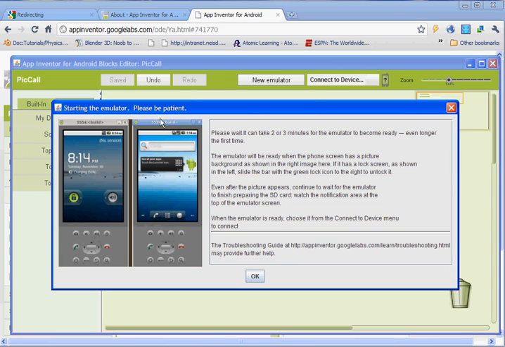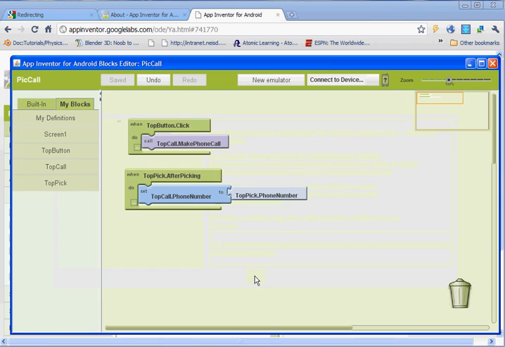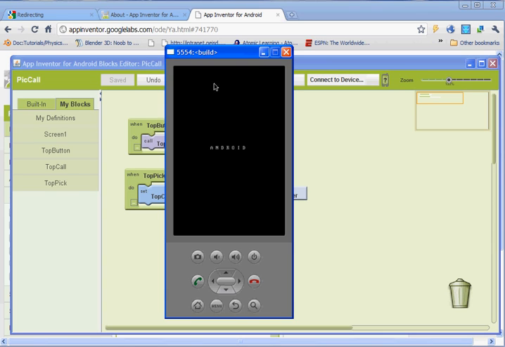Just minimize it. It says starting the emulator, be patient. So you click OK, and you're being patient. We'll wait for it to come up. It takes a little while to come up. What I was saying about not waiting till the end, you can test your application at any time during the